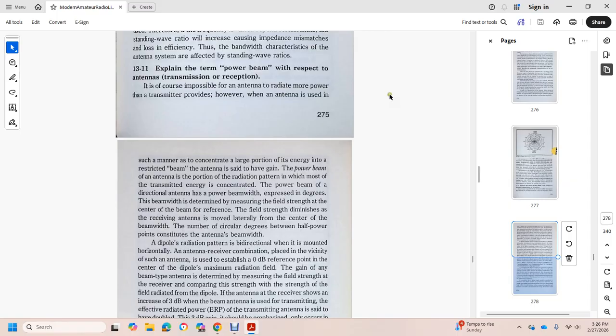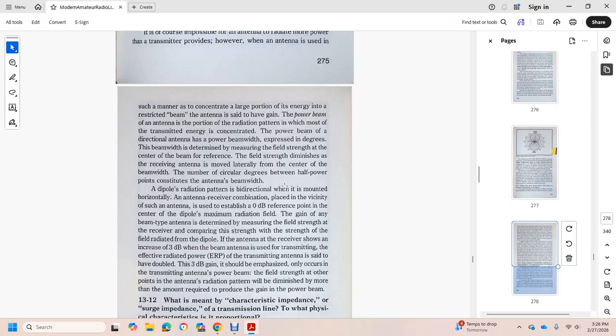pattern, with the bioelectrical directional mount, horizontal, with the antenna and the receiver at the same coordinate place set for the antenna, with the opposite zero decimals reference point, the center of the dipole with the maximum radiation field, with the gain of any beam type of the antenna determined by measuring the field strength, with the receiver operating on the strength of the field with the radio dipole antenna, with the receiver showing